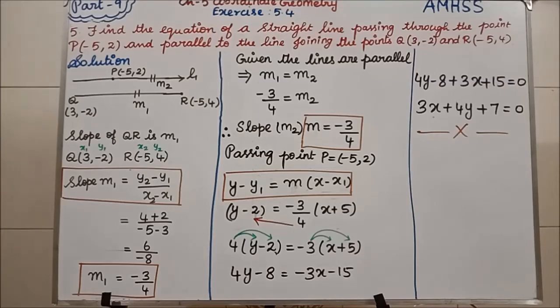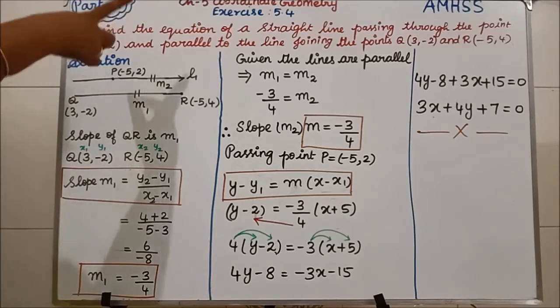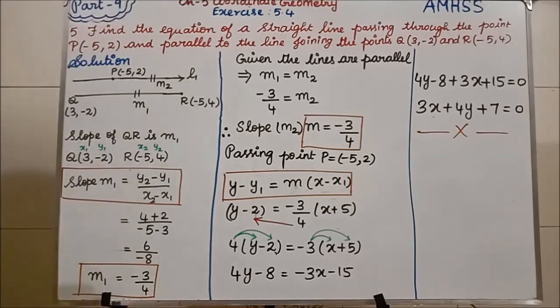Students, first, what were they asking us to find in the question? Find the equation of the straight line. That is the first line they have given in the question. Find the equation of a straight line. We need the final answer in an equation form. So an equation of a straight line means it will be in what form? Ax plus by plus c, which means the final answer should contain an x term, a y term and a constant term.